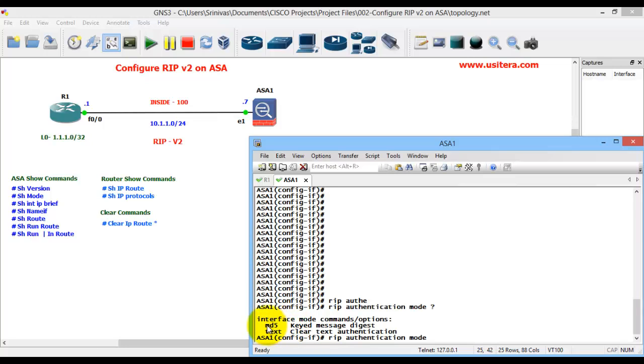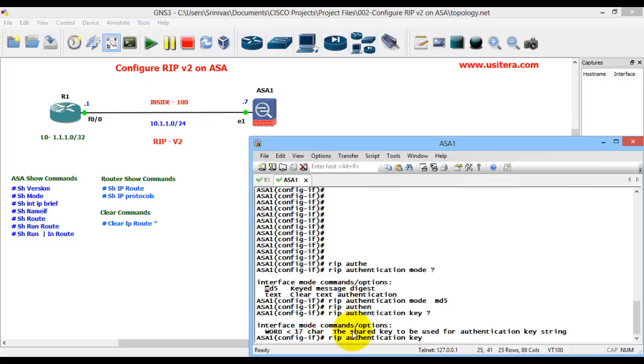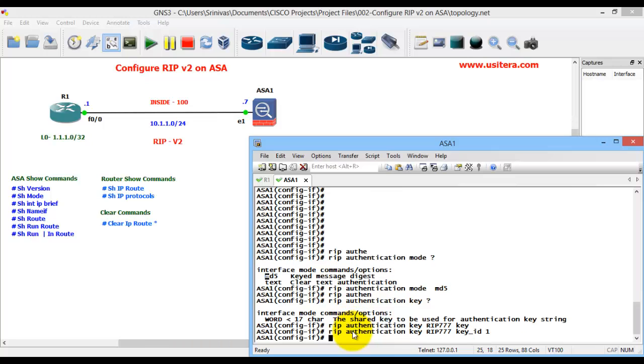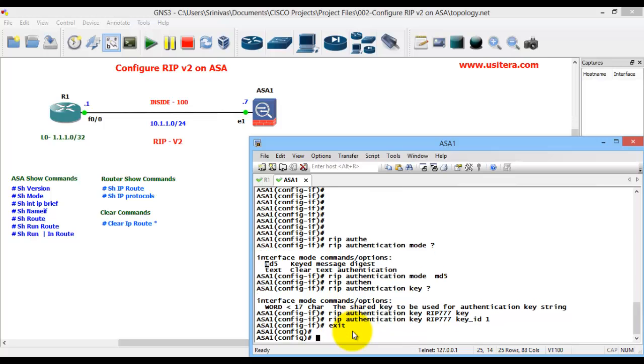You can use MD5, the message digest mode, which is very secure. RIP authentication mode is MD5. Next, RIP authentication key, which I set to RIP 777, and the key ID is 1. That's it. Now we can finish this configuration.